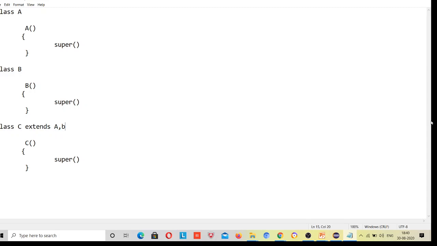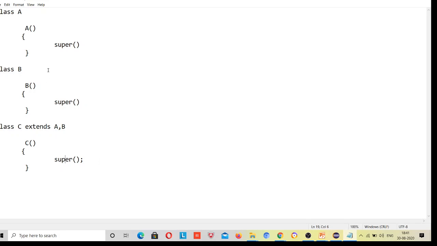If a class extends multiple classes, that's multiple inheritance, right? Now there is a super written in the constructor of class C. Tell me which class's super constructor it should call, because super can call only one constructor. There is a confusion. So this is the constructor chaining problem in multiple inheritance in Java. That's why it's not supported, right?